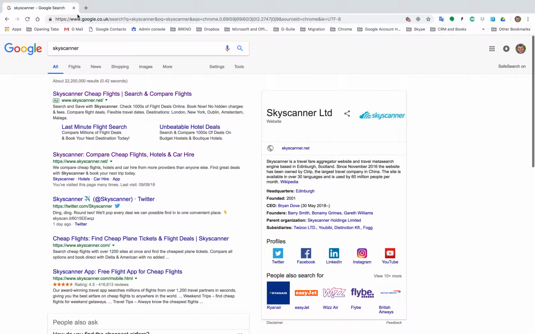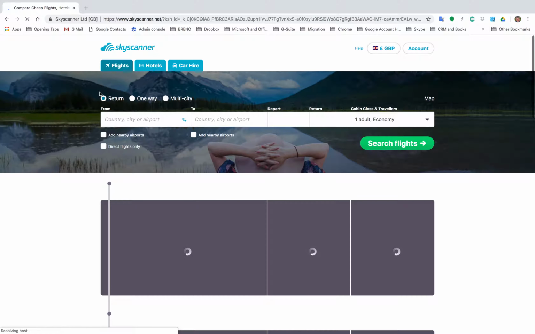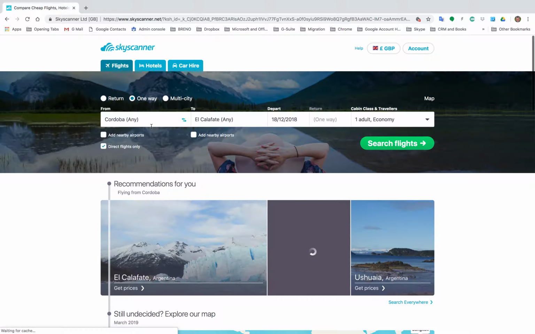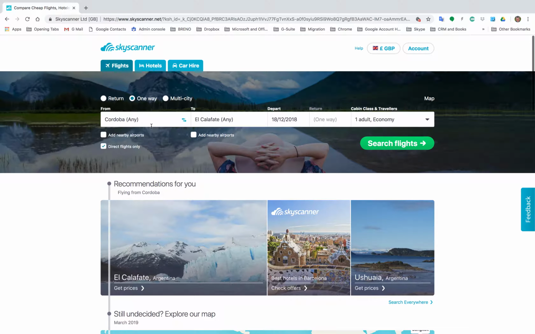Just a quick walk through a new tool that I've discovered in Skyscanner in the last couple of months, and it's probably going to become more important as we take on more responsibility for our own flight planning and itinerary planning. You'll see why it really helps our knowledge as well. I'm going to give 3 examples of what you can do.